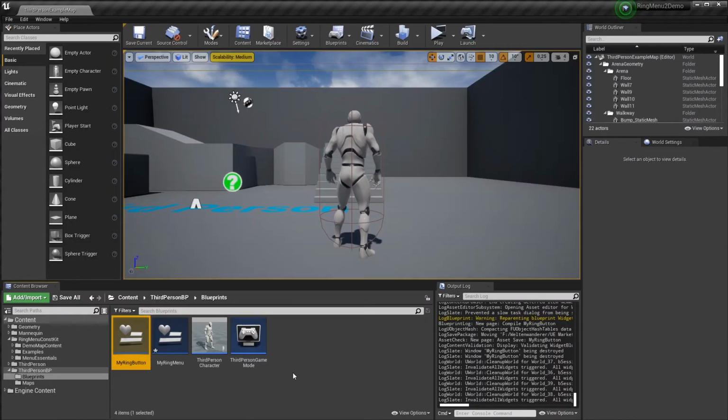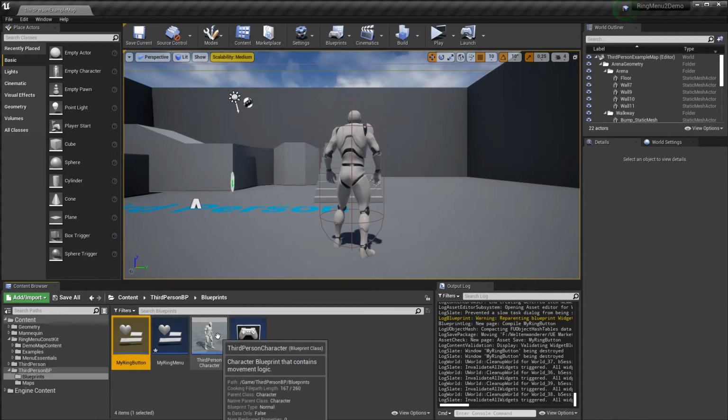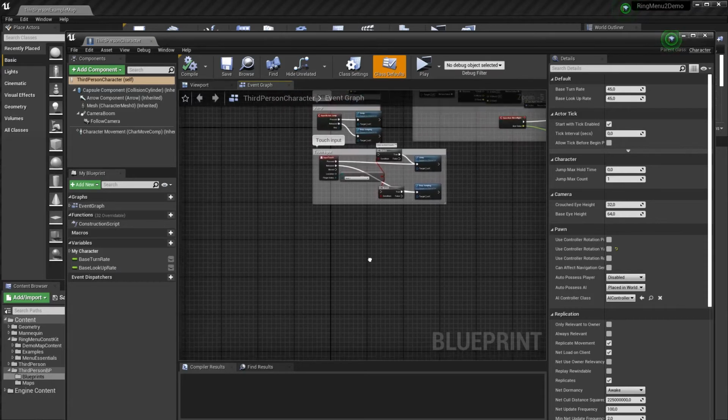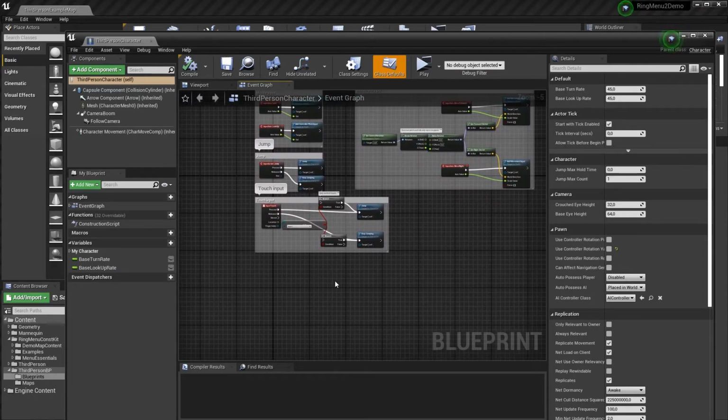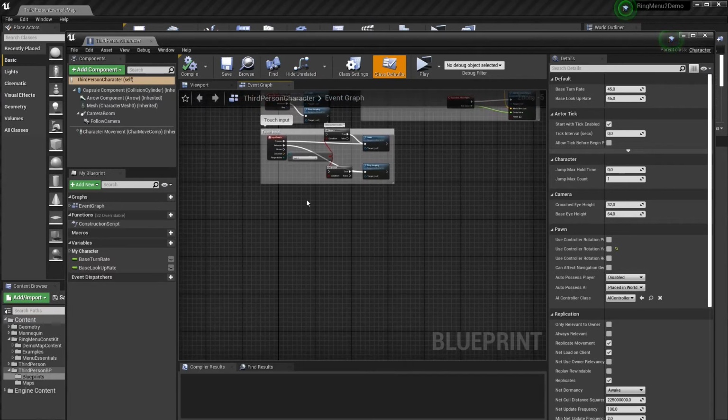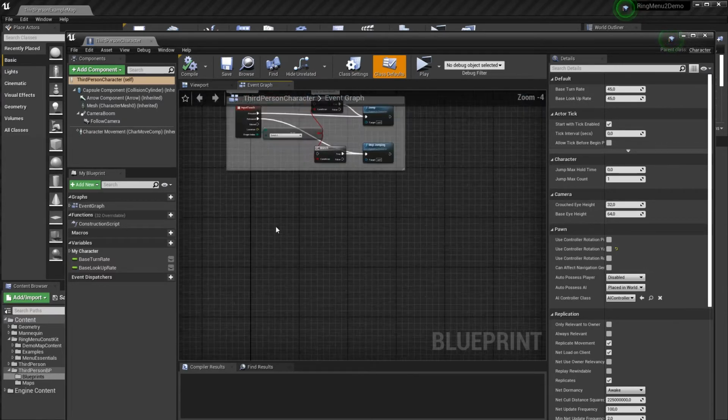All right, next thing that we need to do is to define a place where the ring menu is set up and from where you will interact with it. And in our example, let's use the third person character. You might as well decide to use your player controller, for example. That's all fine. As we can see here, there's a lot of epic content already in place, but we'll be